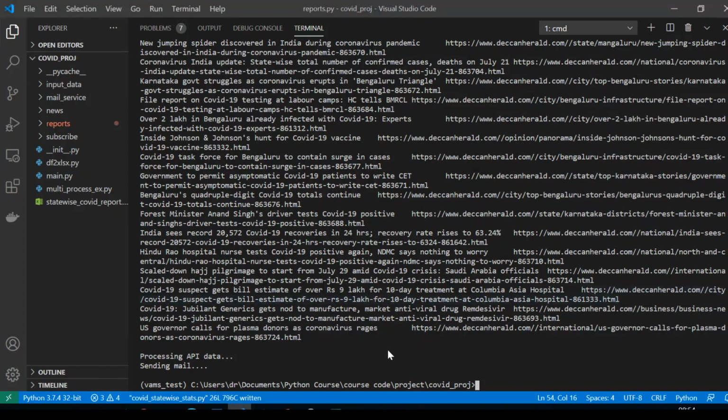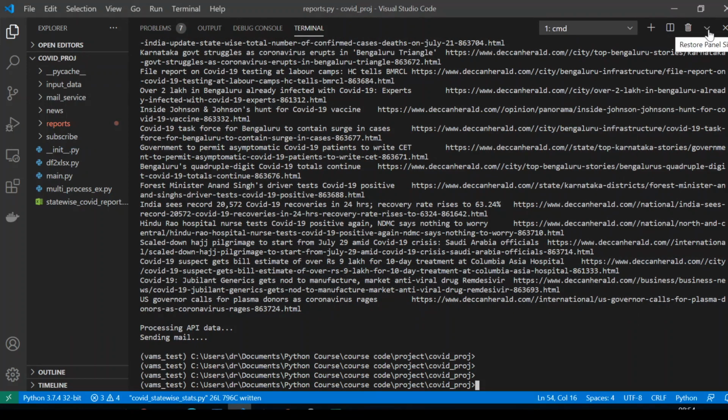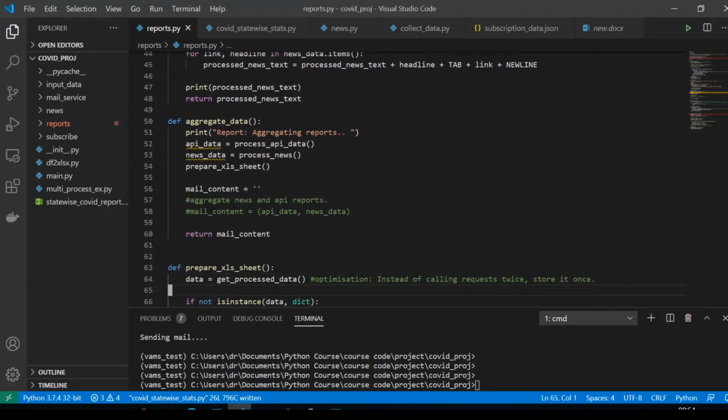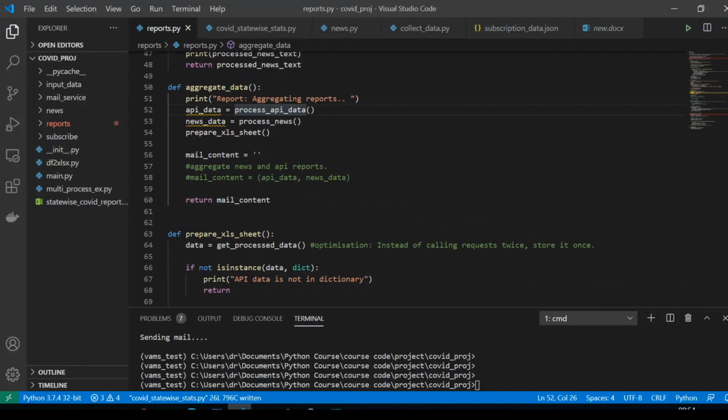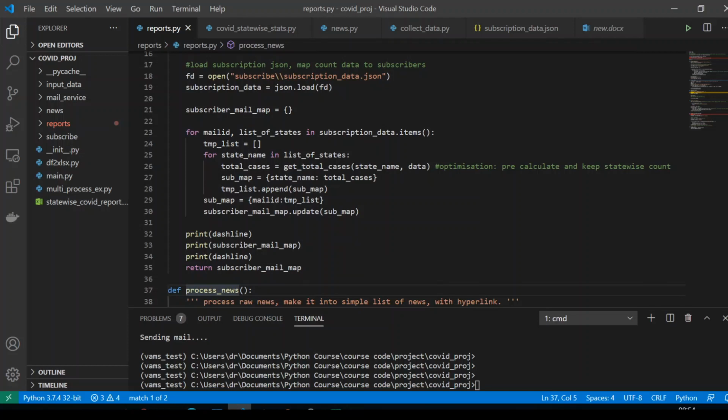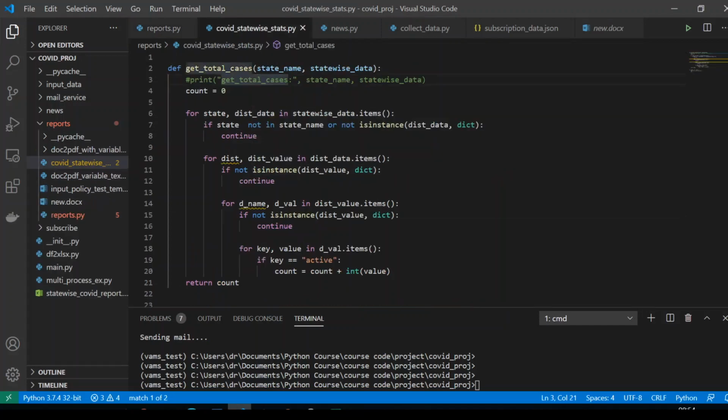So let us go back to the code. I have written some code already. Now we will focus on state-wise stats. Yesterday I wrote code that takes an input as state name, and it simply gives the total number of counts in that particular state.